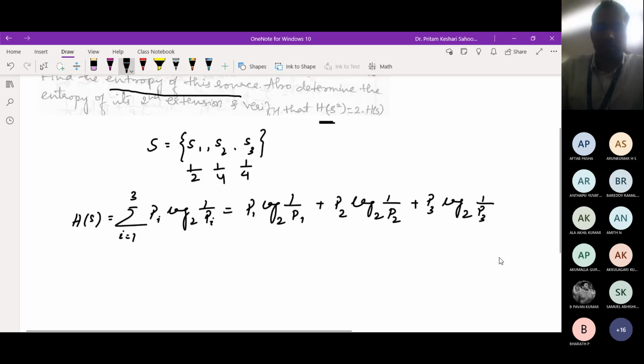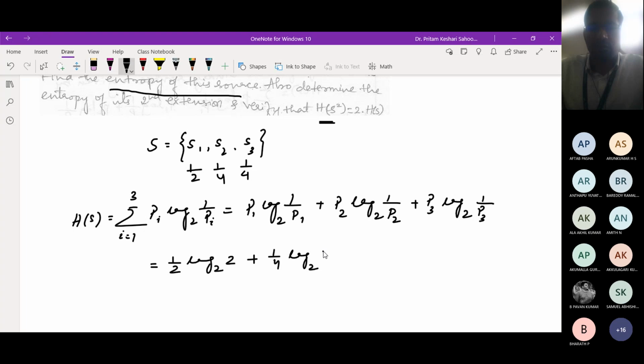All right. Since all values are given, p1 is 1 by 2, p2 is 1 by 4, and p3 is 1 by 4. So you can write 1 by 2 log base 2, 1 divided by 1 by 2, which is directly 2, plus 1 by 4 log base 2 of 4 plus 1 by 4 log base 2 of 4. You see this value and this value are both the same. So log base 2 of 2 is 1. So this is nothing but 1 divided by 2 plus